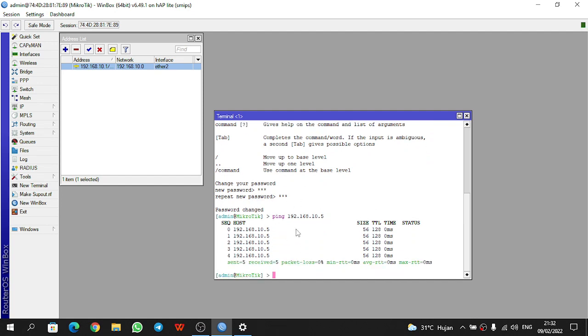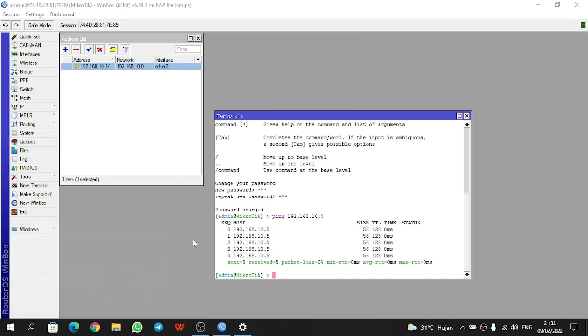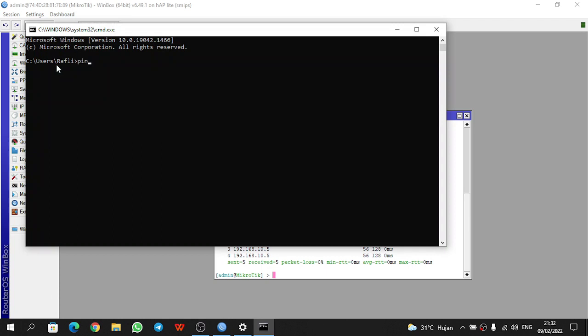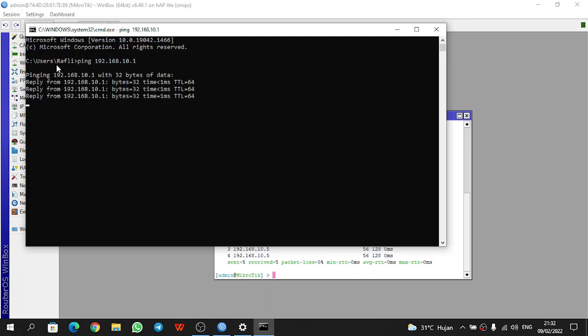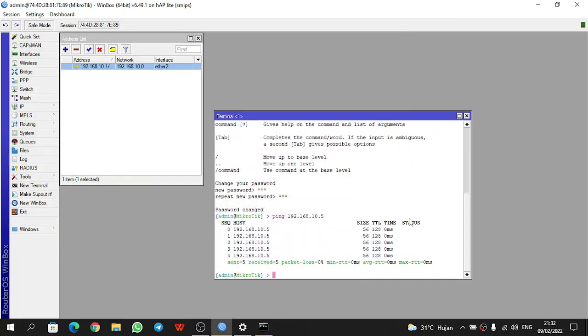Okay, you can see it is connected and successful. Then in the PC's command prompt, we ping 192.168.10.1, the IP of the router board. Enter, and we get a reply, so the connection is successful.